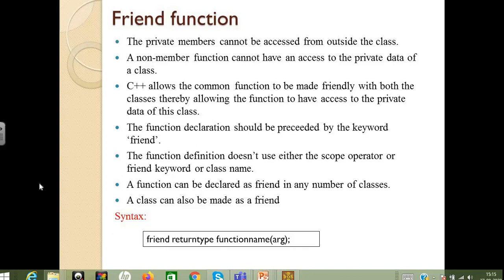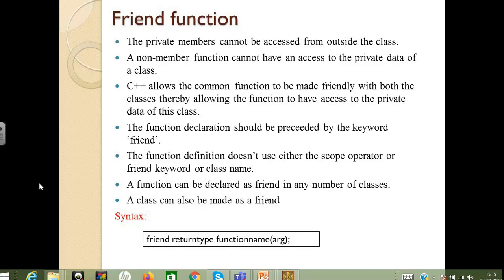So if it is declared as a friend function, then the class with which it is declared as a friend can access this particular data member. One of the OOPS concepts is data hiding. If I want my data to be hidden from outside the class, I can declare it under private mode. Then from outside the class, no other variables or member functions can change the value of this private data member or private member function. That is the rule we have.